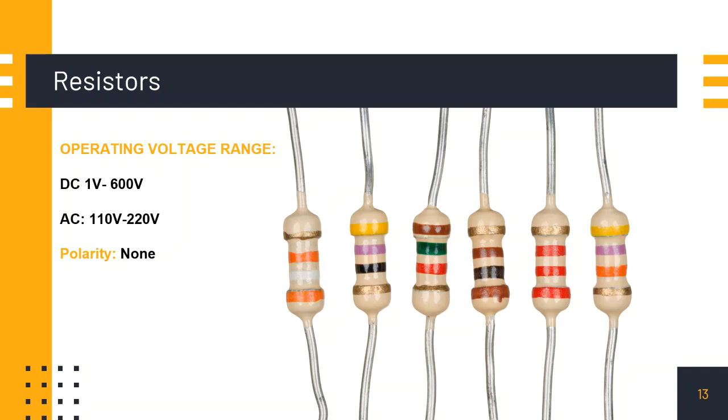Mostly these resistors are used in series combination, mostly, but not in all the cases. And if you can see, there are color codings. Those color codings represent their values as resistors are measured in ohms. The values are in ohms, so these color codes represent the value of resistor. कि कितने ohms का ये resistor है, उसके हिसाब से उसके color codes बनाए गए हैं. That you'll learn in later stage, right? So this is about resistor.